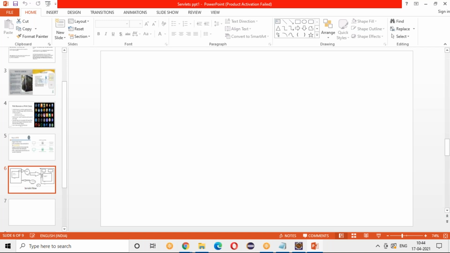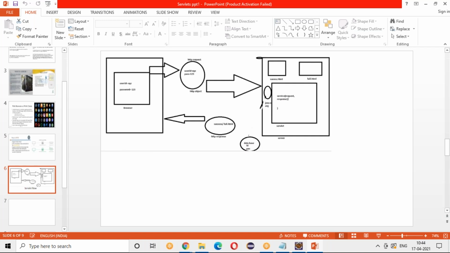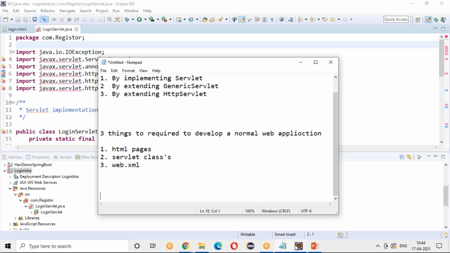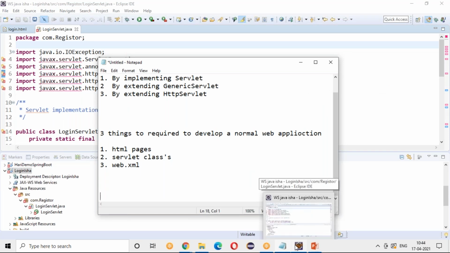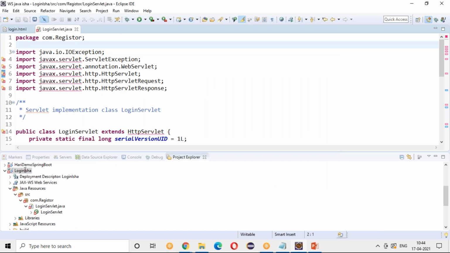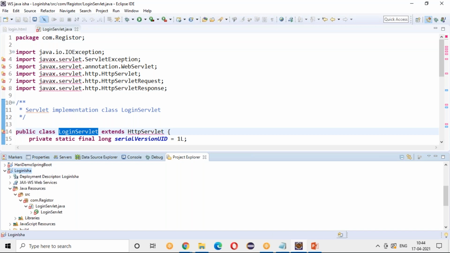You have doGet and doPost because your HttpServlet is developed based on HTTP requests, right? As I told you, whenever a request comes in HTTP, there are different kinds of methods available, like get, post, put, delete. These are the different HTTP methods that are available. If we are getting a request in the form of get, you write your logic in doGet.